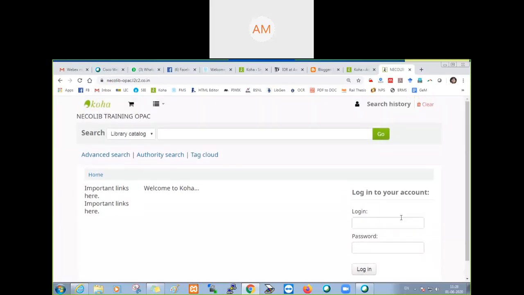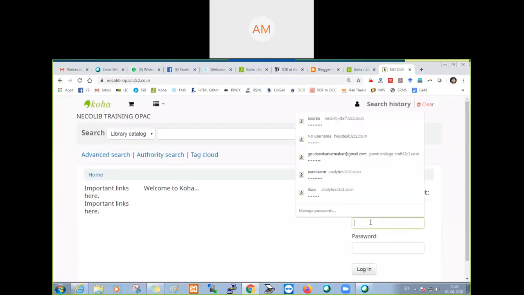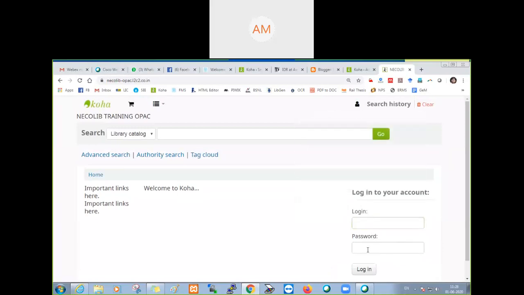But there is no registration system here. Only the existing user can log in. There is no registration. So for registration, we'll activate the registration.